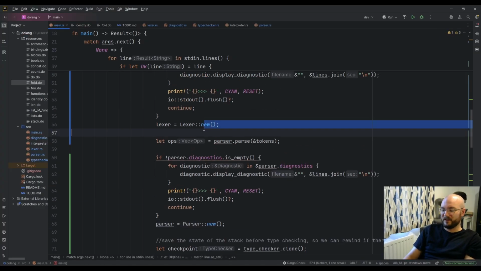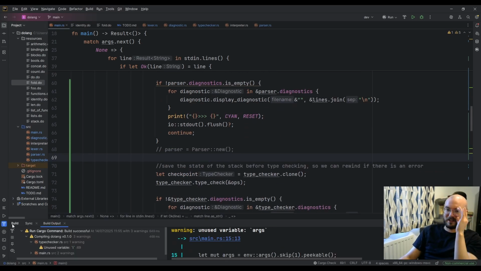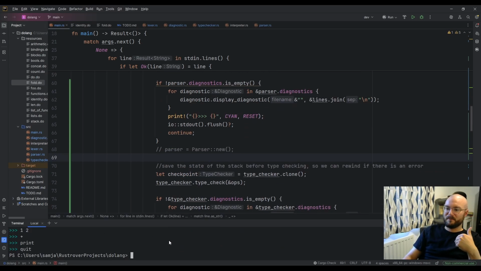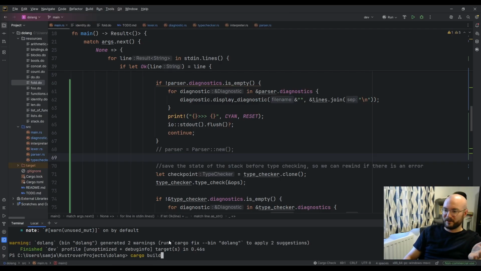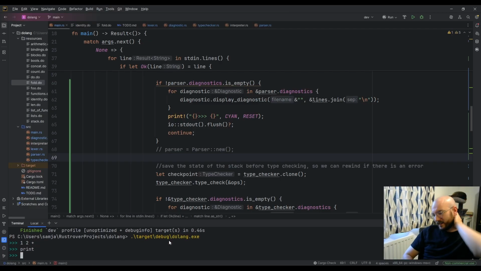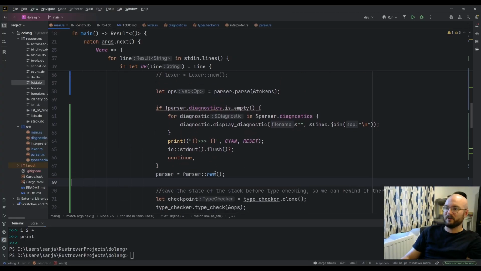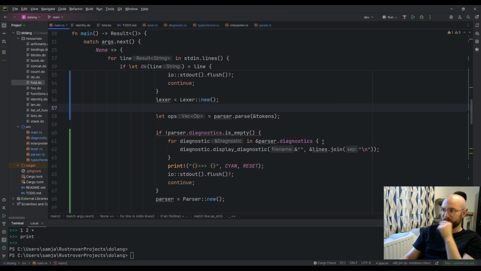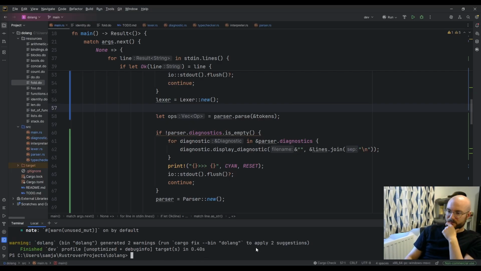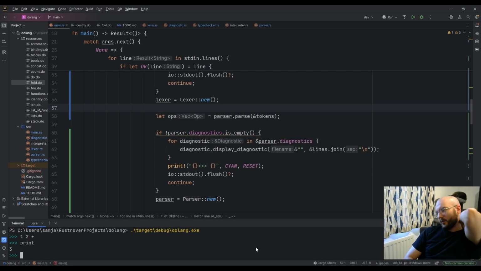Let me show you why, because I was playing around with this in the break, and there was a bug, and it was annoying me, and I wasn't being very entertaining while it was happening. Yeah, it's not printing anything, and it's because the cursor is getting corrupted on every run for the lexer and the parser. So I think we need to reset it every time. Yeah, and then it works.